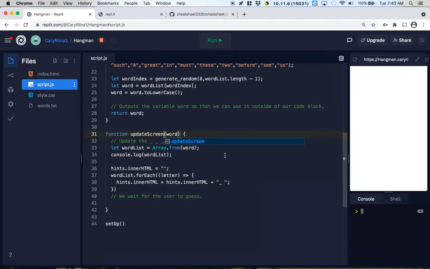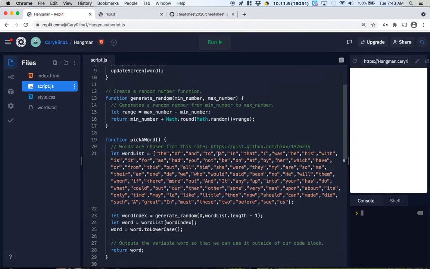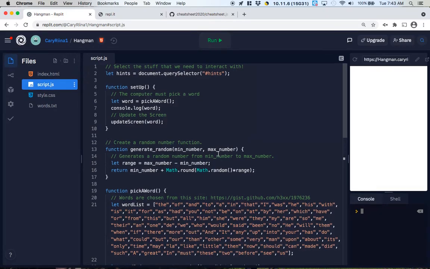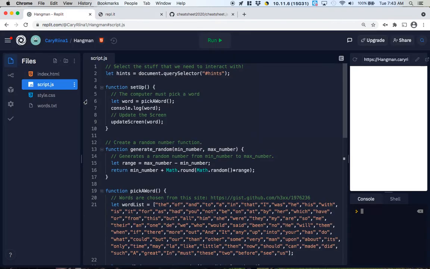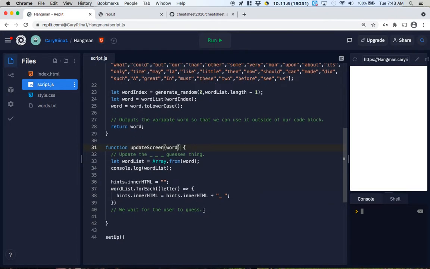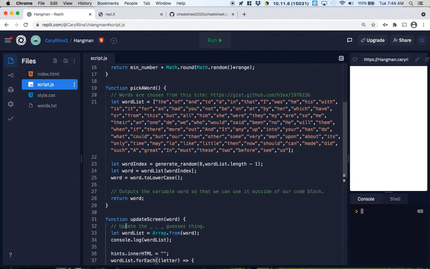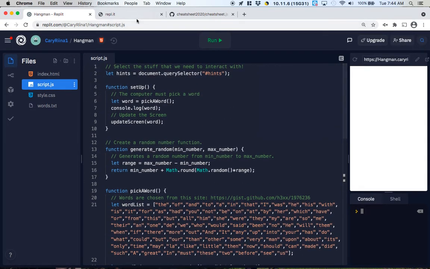I think now things will be a little bit better for me because this morning the way I'm thinking about it is a little different from yesterday. I'm thinking about this more as instead of taking care of the getting the input part, the updating the screen part. And I think you'll see why, because the getting the input really feels like an event listener. And it kind of works separately a little bit from some of the other things that we've done in the update screen function. So I'm going to delete that last comment,